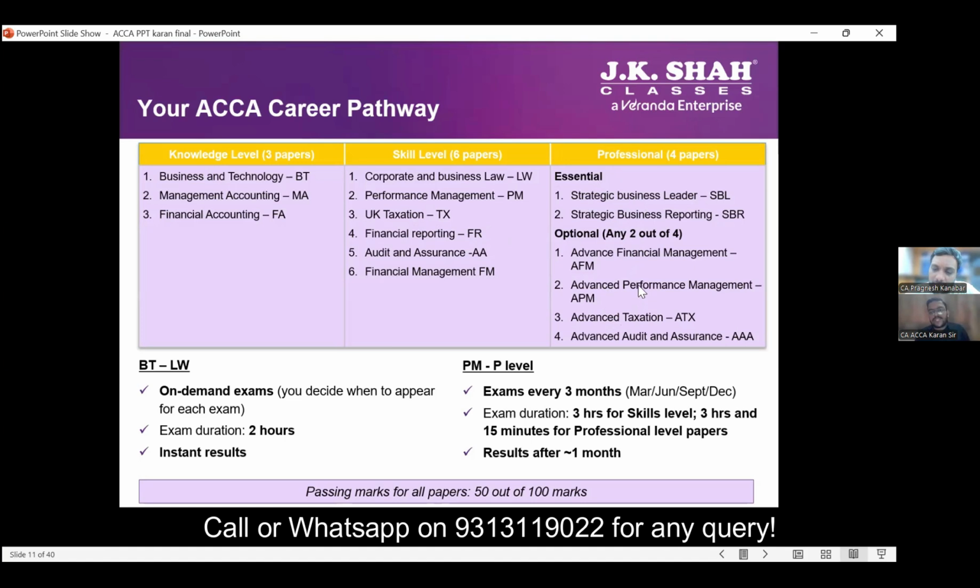No, there is no concept of set off because the institute anyway gives you flexibility to give one paper at a time. The institute is not asking you to give 2 papers. So there is no set off benefit. You can give 1 paper at a time and complete the entire ACCA journey in a 1 year period.